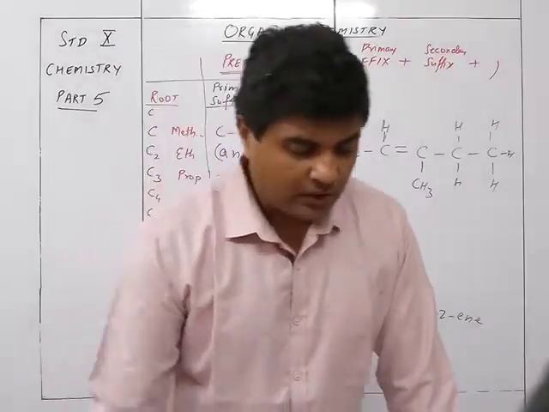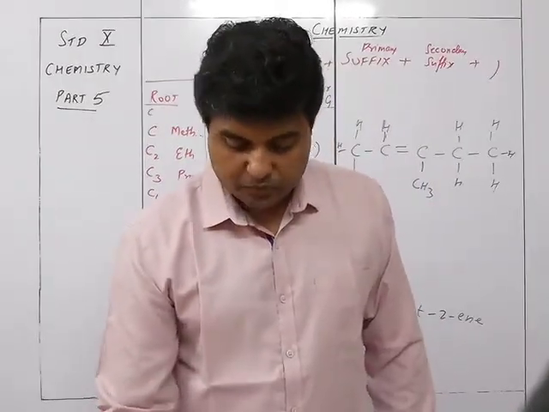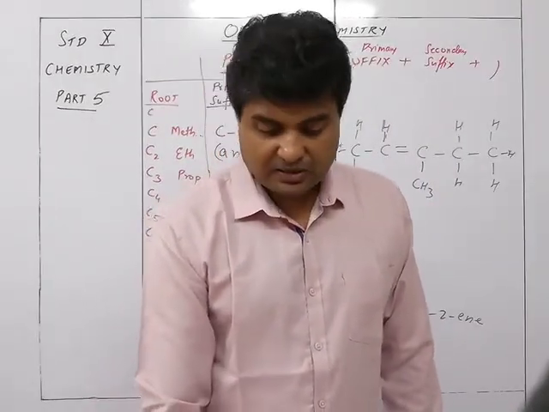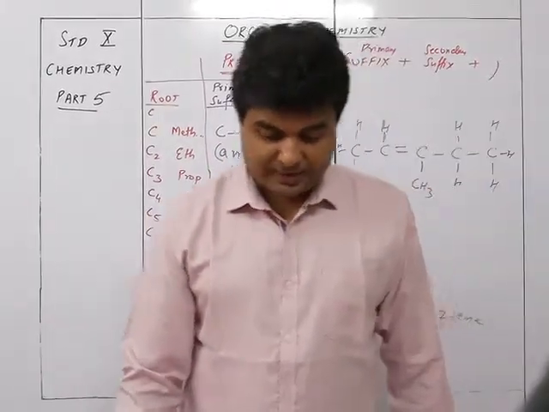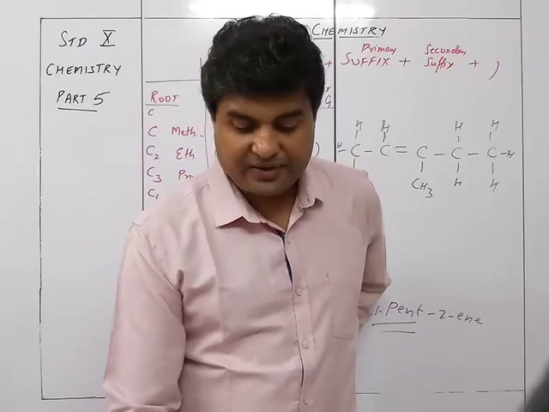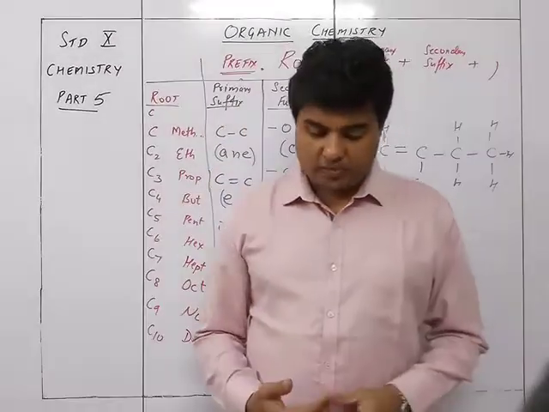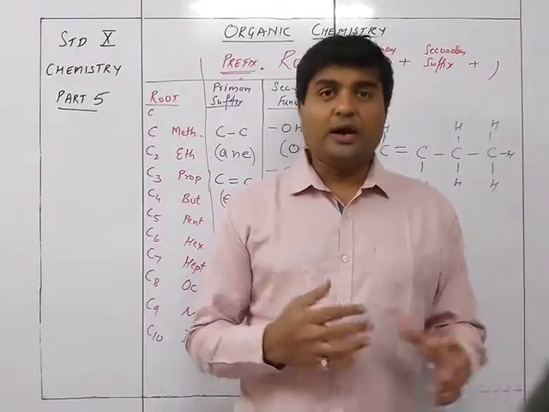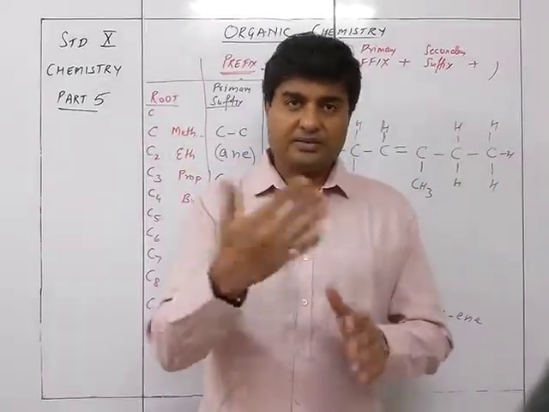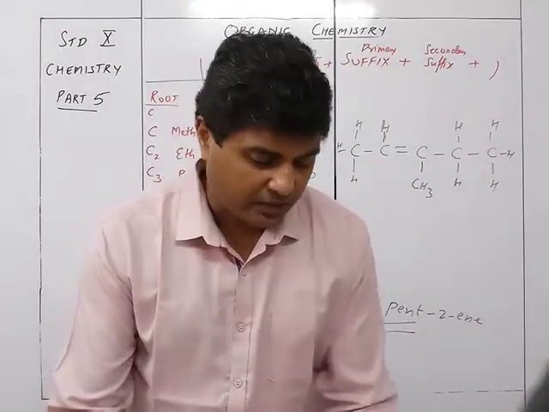I'm going to do some nomenclature work from another textbook, which is the Concise Chemistry textbook. In the Concise Chemistry textbook, they have given 18 different examples. So let's see how these examples are going to be workable for us. I'll draw the figure and then we will discuss and find out what name could be given to this particular thing.